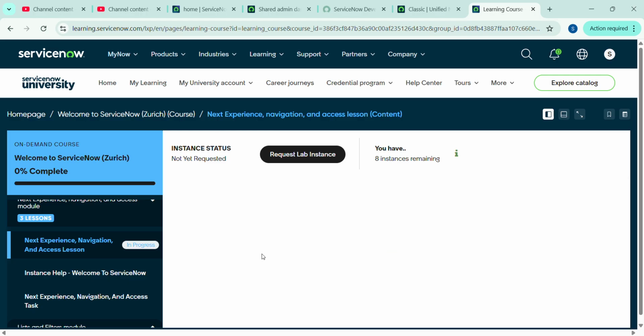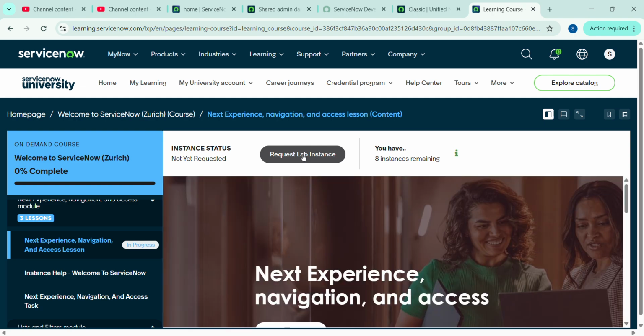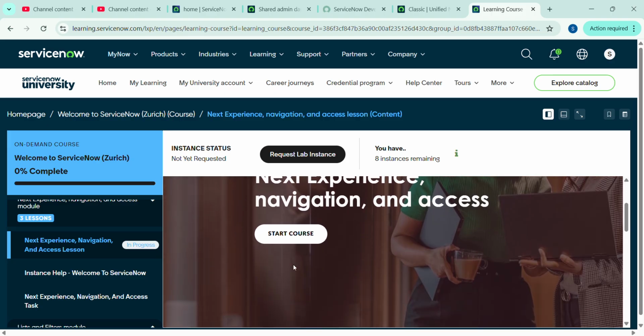If you click here on Request Lab Instance at the top, it will give you one instance. It's like a dummy instance where you can perform all the things the course is showing you. Sorry for the disturbance. If I click here, Start Course,